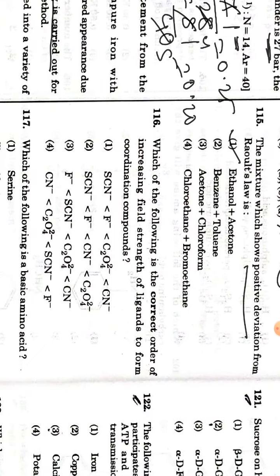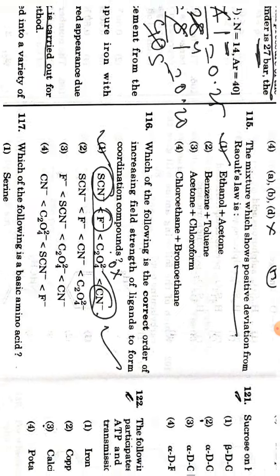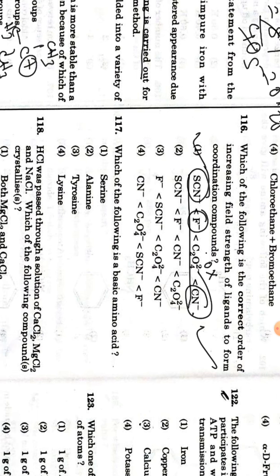Okay, now the correct increasing field strength of ligands. So it is a direct crystal field spectrochemical series. I have given a code. I got bored, went to see cinema. My friends went to see a movie released by Fox, and so on. So CN, this is the order which was told as a trick.